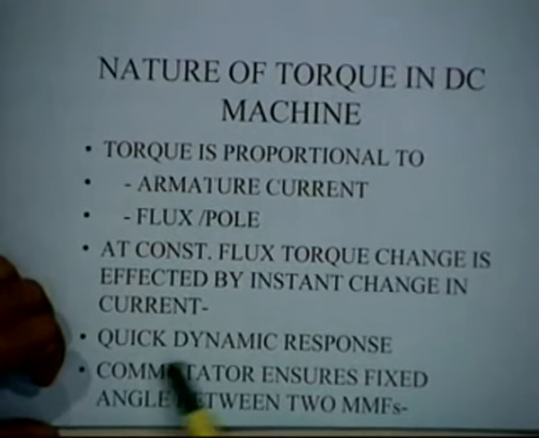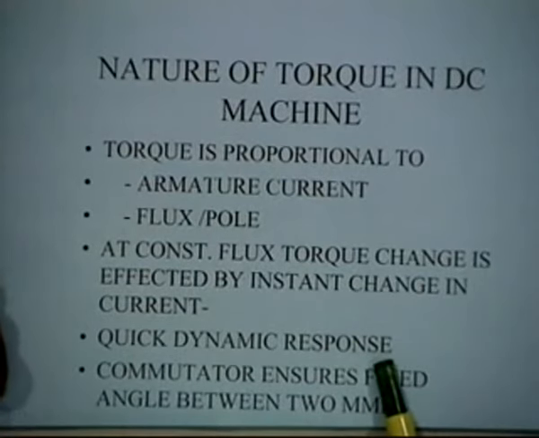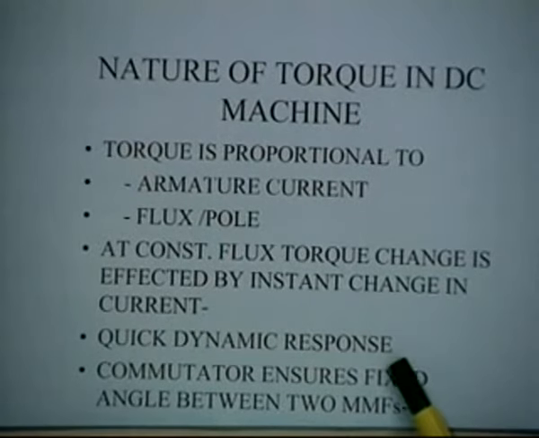Okay. Therefore, the DC machine is known to be a quick acting machine. That is why it is used wherever we need quick action, like in robots, in computers, in tape recorders. In a tape recorder, for example, the torque on the motor may keep changing depending upon the diameter of the tape in which it is wound, because that will keep changing. When it is full, the tape is at one tension, and when it is small, it is at another tension. So there are several loads, or if you are doing textiles and paper and so on. Therefore, wherever you require a quick response, you use a DC machine.